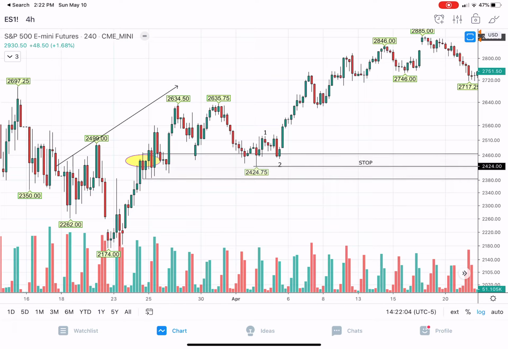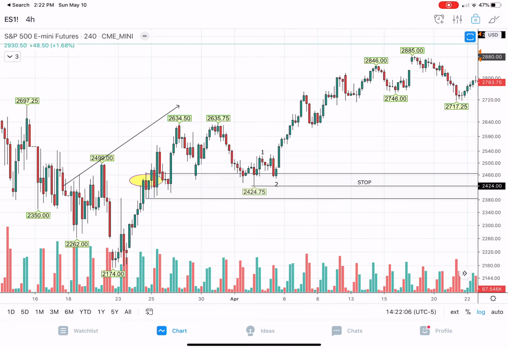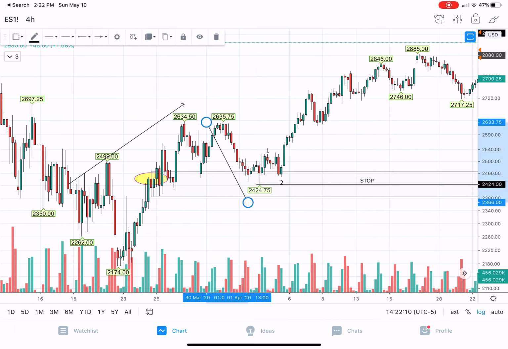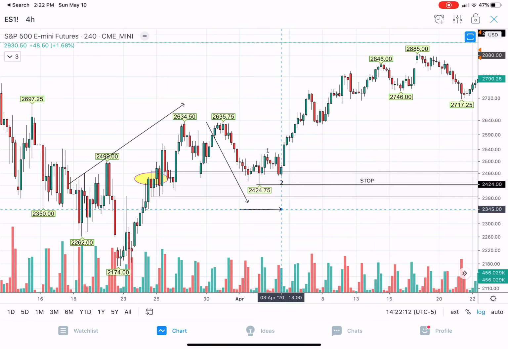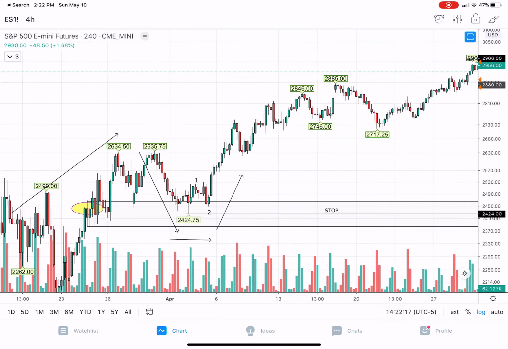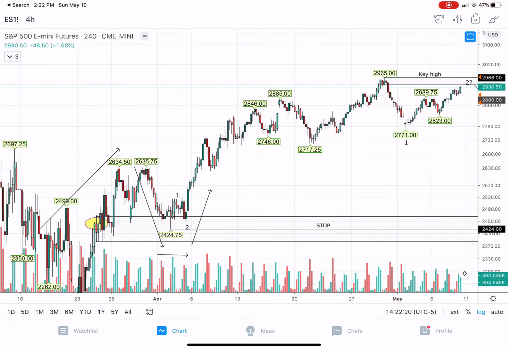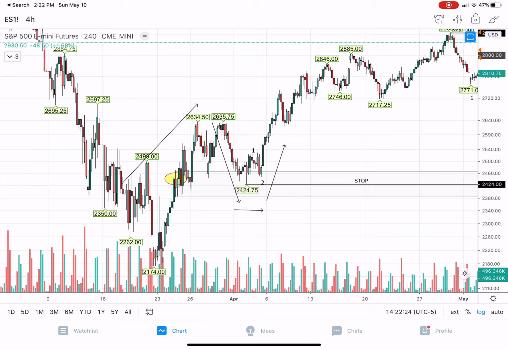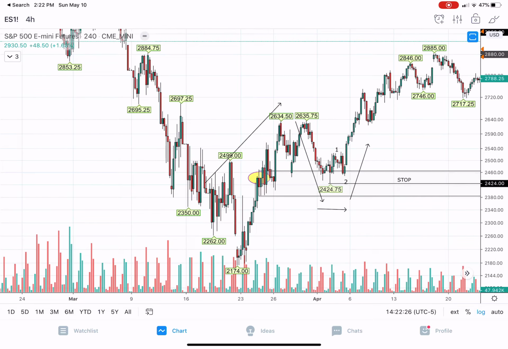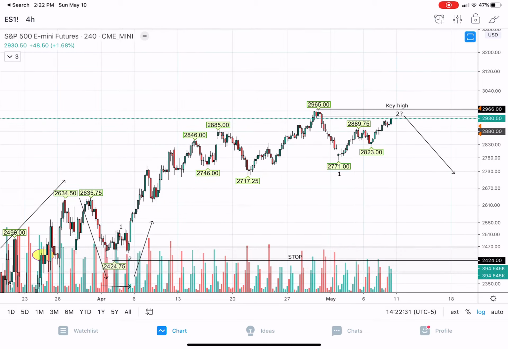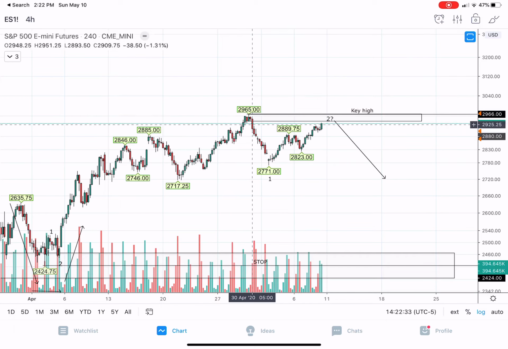So drop-based rally, rally-based drop, these types of structures, they take time to play out. So again, drop, base, rally. Drop-based rally, rally-based drop, again, they take time to play out because they actually typically begin to form new impulsive structures. 5-wave structures, meaning that the wave 2 retracement for example up here, it should print a lower high below